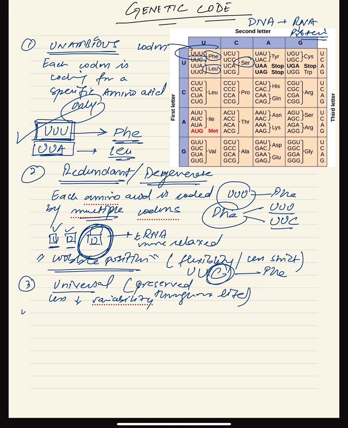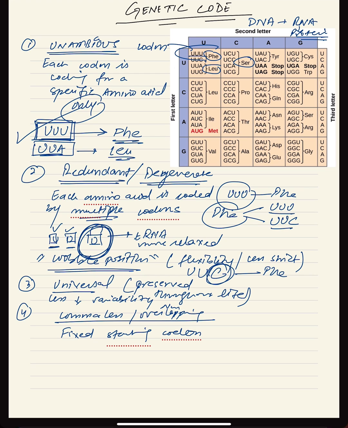And furthermore, it is also commaless and non-overlapping. Why? Because definitely it has a fixed starting codon when it comes to protein synthesis, unlike the three stop codons. So it has a fixed starting codon, which differentiates it from, for example, viral DNAs that have multiple starting codons that are more prone to mutations. So this is more of a non-overlapping code, so it always starts from